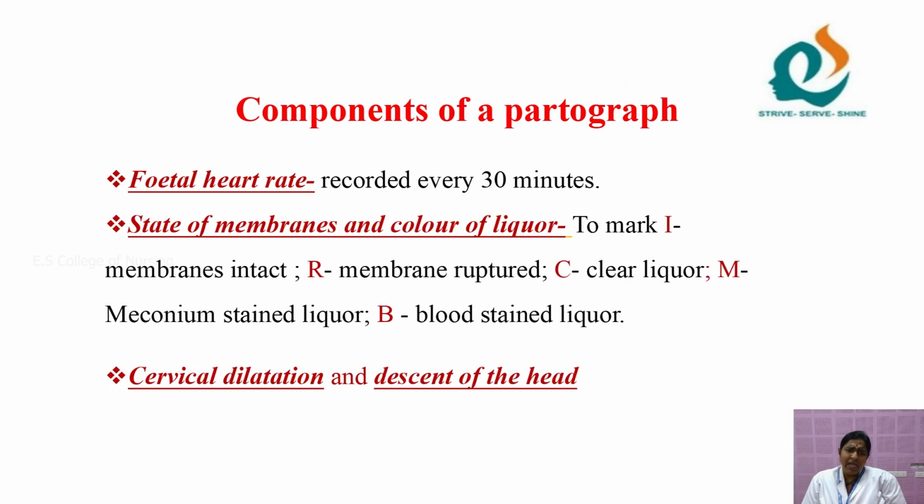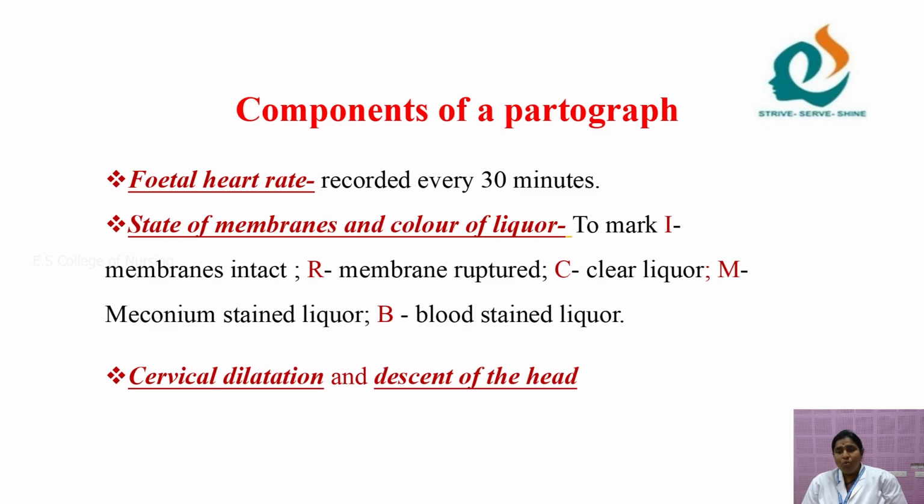And the next one is fetal heart rate. As we know, the fetal heart rate is very important to know that the fetus is alive. So it is a good parameter to know fetal well-being. That is monitored by CTG, which we will use to monitor. This will be recorded every 30 minutes. Normally it is 110 to 150 beats per minute. If there is variation, if fetal bradycardia is there, you have to consider it and take prompt action.